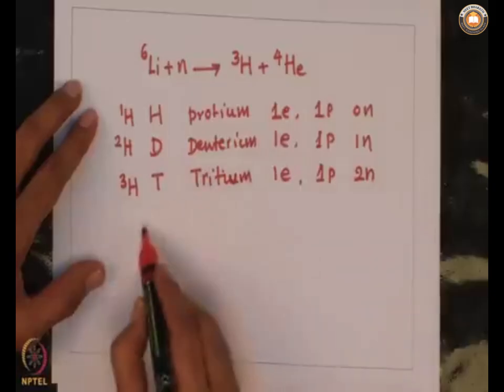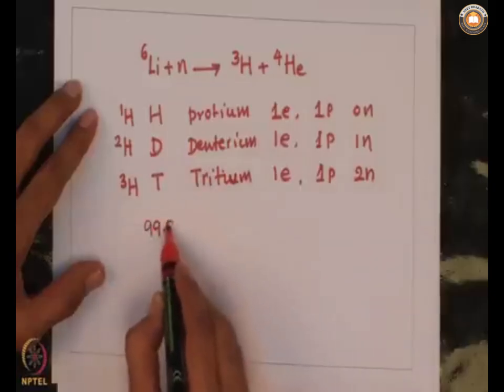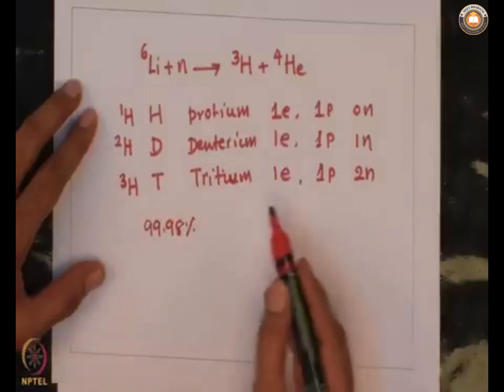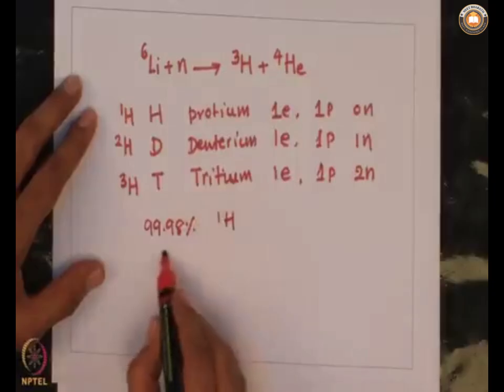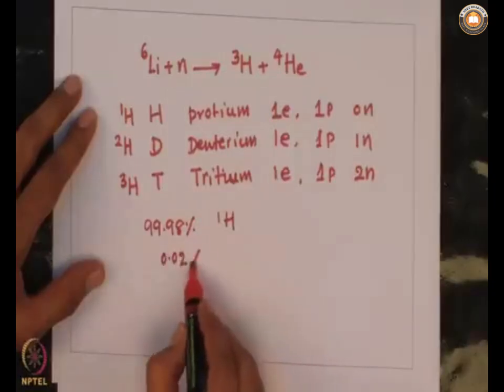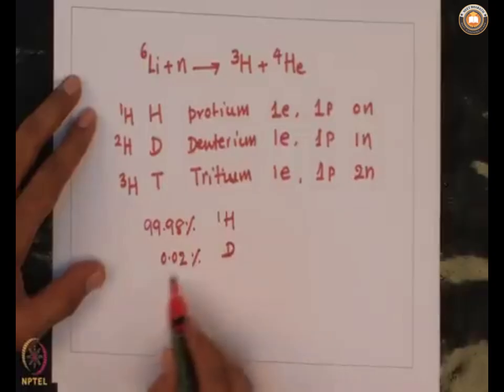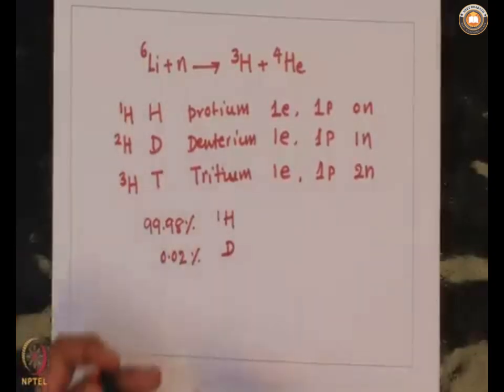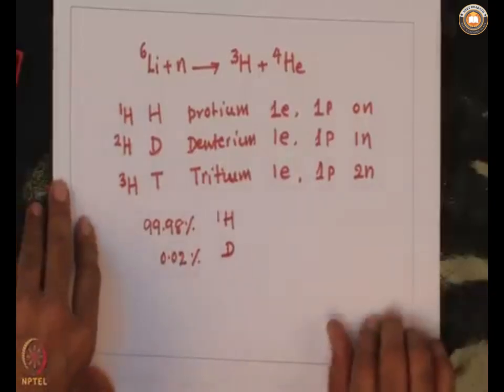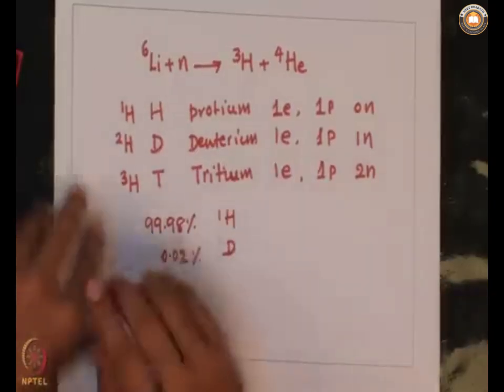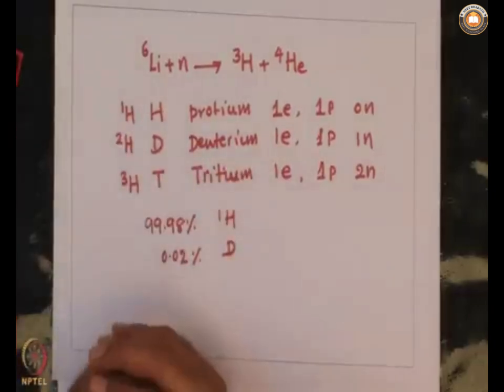And here about 99.98% of hydrogen is 1H, whereas the remaining, that is 0.02%, is deuterium, and of course tritium is not available; it has to be prepared using radioactive means. So, all the 3 isotopes are chemically identical, but they react at different rates, and this difference in reaction rate is used in the production of deuterium.